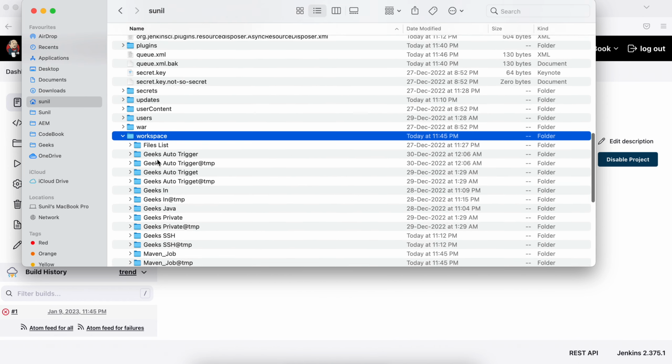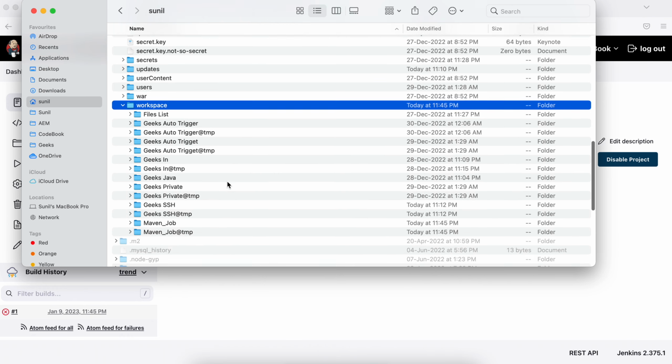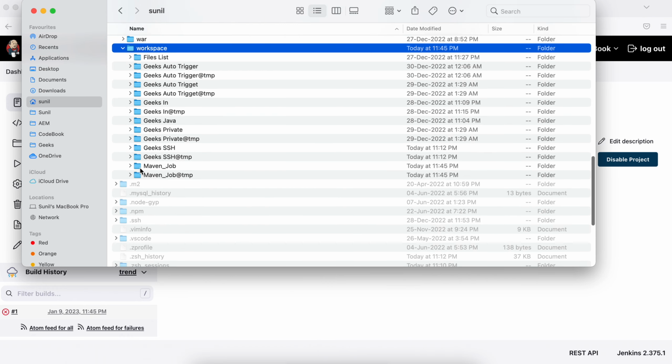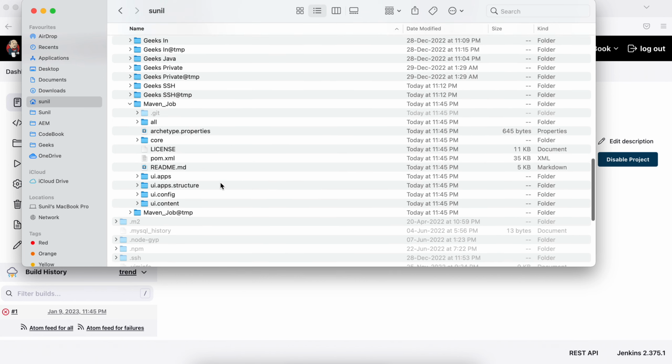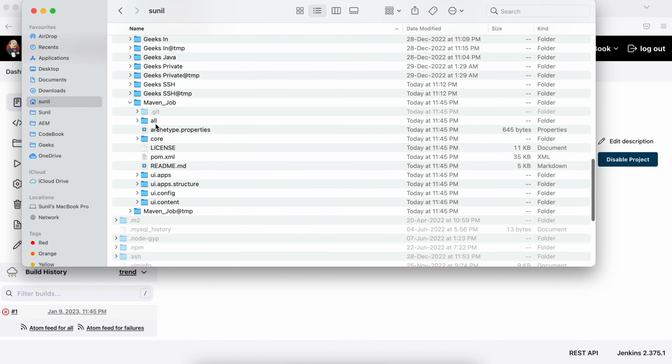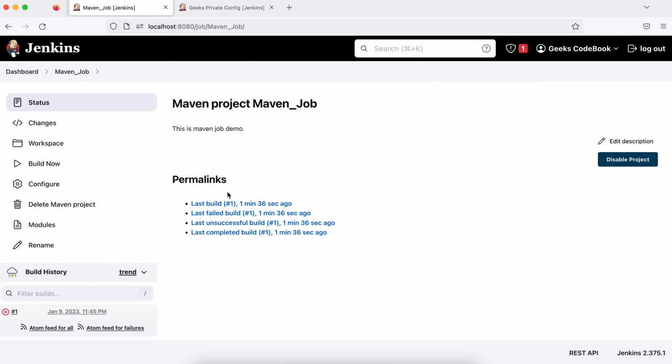Now go to the workspace. Inside workspace, you will see an additional folder created here for my new job. Here you will see the code, meaning there is a clone of my repository. Okay, the clone has been created in this folder. All the code is available here now. So that POM path is relative to this folder. Based on what kind of structure you have, you have to provide